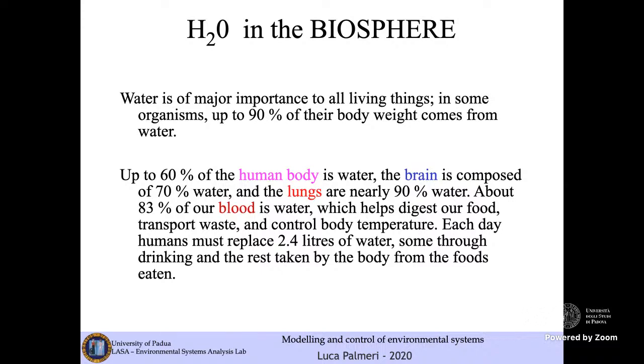In particular, about 83% of our blood is water, which helps digest our food and transport waste. As I told you, water, a very important solvent, may transport nutrients from one side and waste on the other side. And moreover, the fact that 60% of a human body is water also helps, due to the very high heat capacity of this molecule,